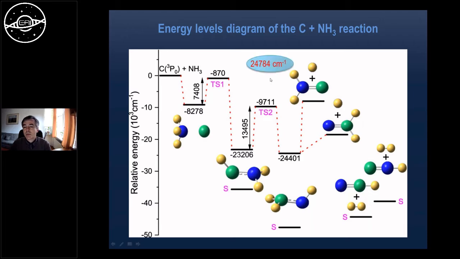So then, if we perform the measurement of this reaction, we get this number for the energy which is released in this reaction, and we can compare it with this energy level diagram. We know that there is a good match with this level, and we consequently can expect that this molecule is formed in our reaction.